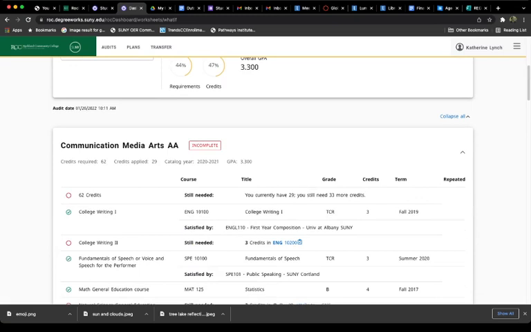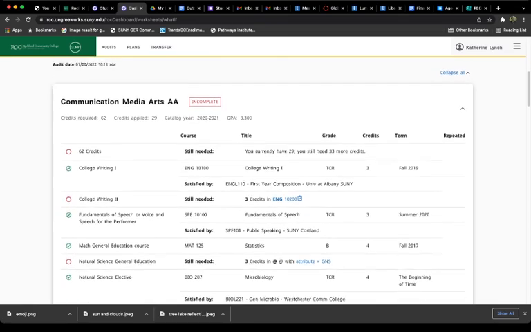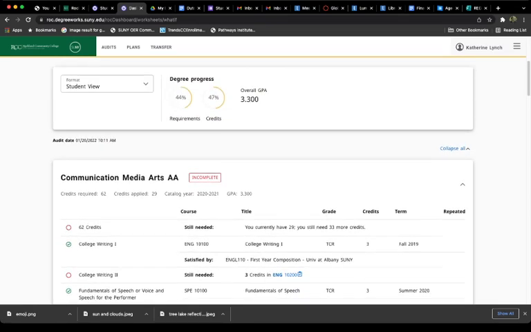Okay, it does. So that was just a little glitch there. If you run into a glitch like that, you let us know. Okay, they happen. You let me know, and I'll let the records department know about this little glitch. So if Rocky wanted to switch to communication media arts, now he can see he's 44%